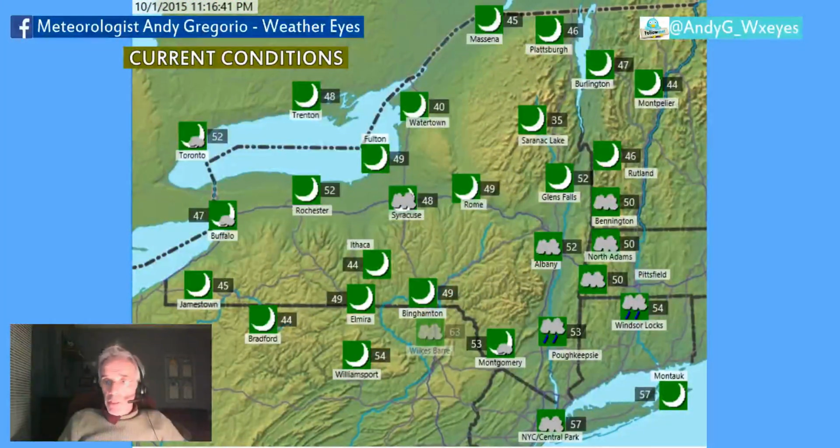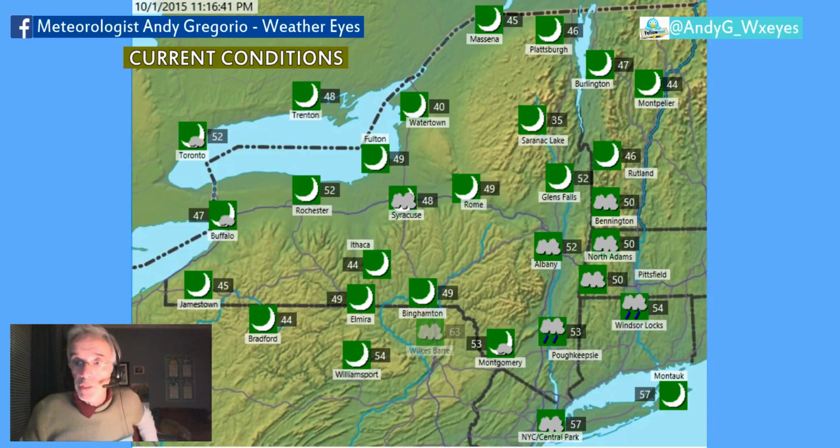Let's take a look at some of the current conditions around the area right now. We do have generally clear skies with some high clouds up towards Glens Falls. Temperature there 52 degrees. It's 35 up at Saranac Lake. And in Albany, where it's mostly cloudy, it's 52 degrees. Poughkeepsie has a little bit of light rain at the moment and a temperature of 53 degrees, and close to the 50-degree mark at Bennington, Pittsfield, North Adams, as well as New York City and Windsor Locks, both temperatures there